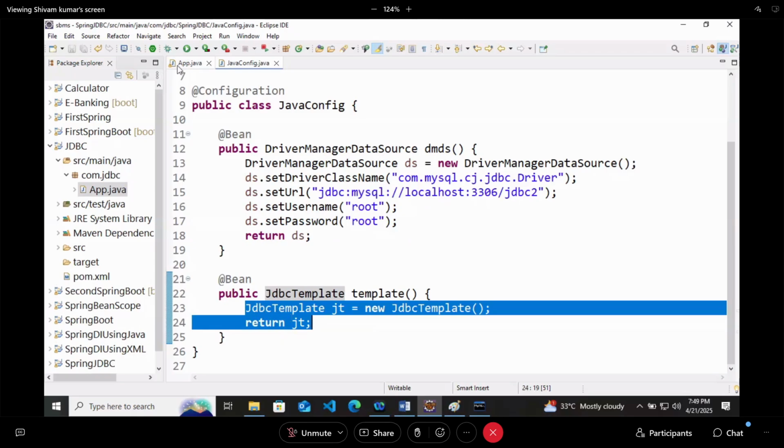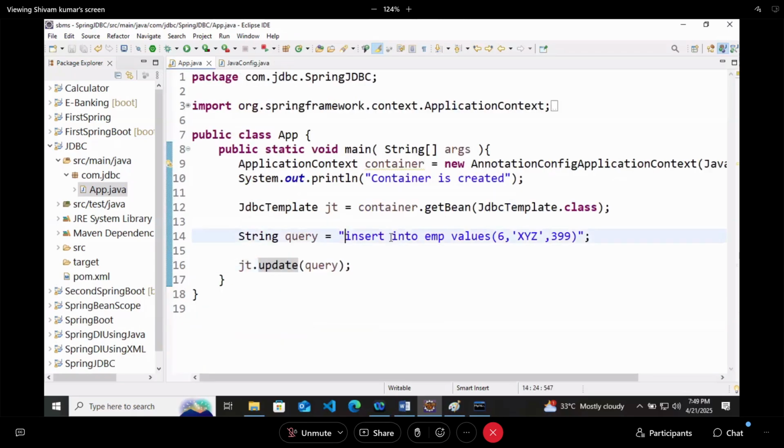And here I have written one query, insert into EMP with the values 6, XYZ, 399, and I am running the update query. Okay, my JDBC template will try to update this value, but in which database and in which table?